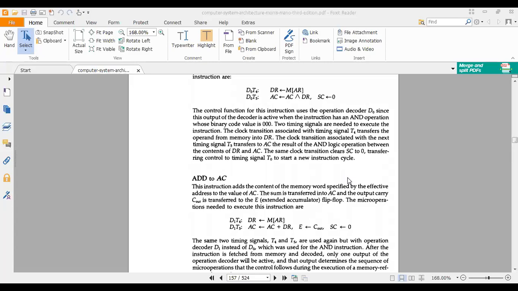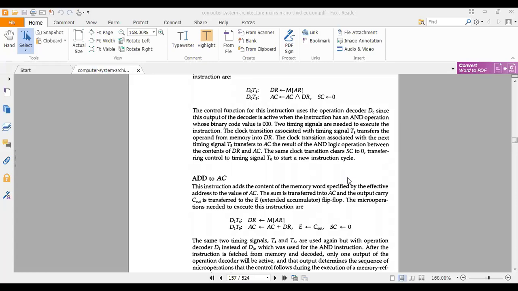If the performance is completed, then the result would be at the accumulator temporarily. After completion of this operation, now initiate your sequence counter at 0. That means it will again start from T0, T1, T2, T3, T4. That means you can have one more instruction right now, if you don't move beyond that operation. So you make SC 0.